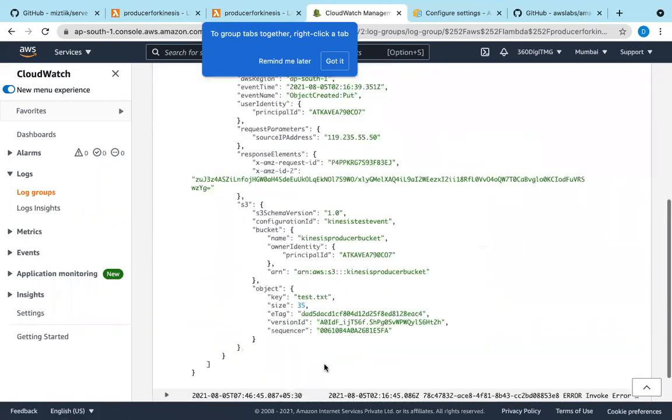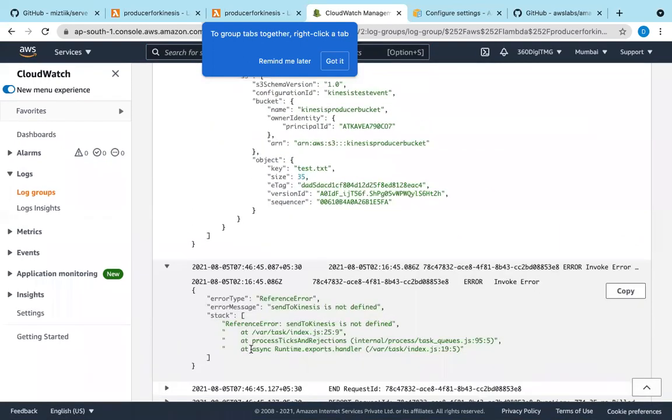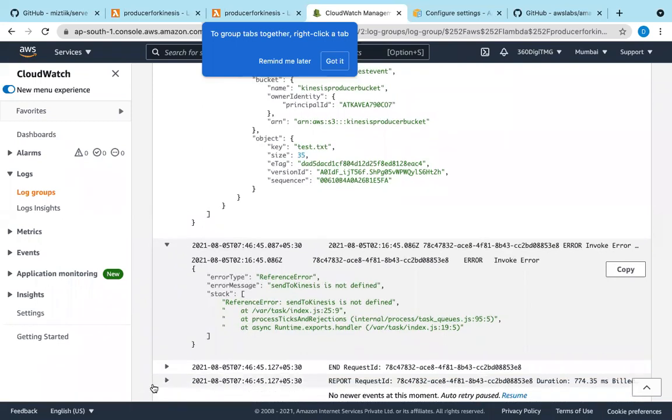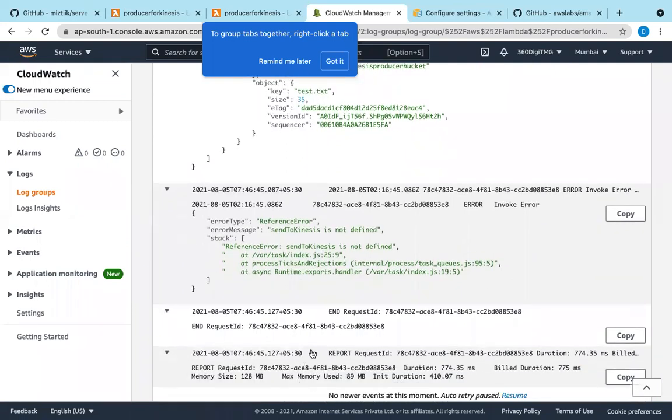So, event details, and then "sendToKinesis is not defined." So what is happening? It's getting the details from the S3, but unable to load this one, send to Kinesis. Just give me a minute.